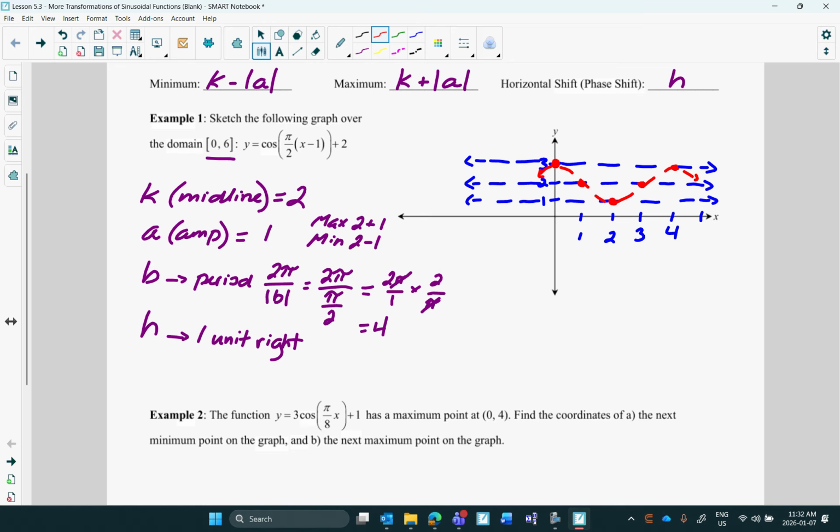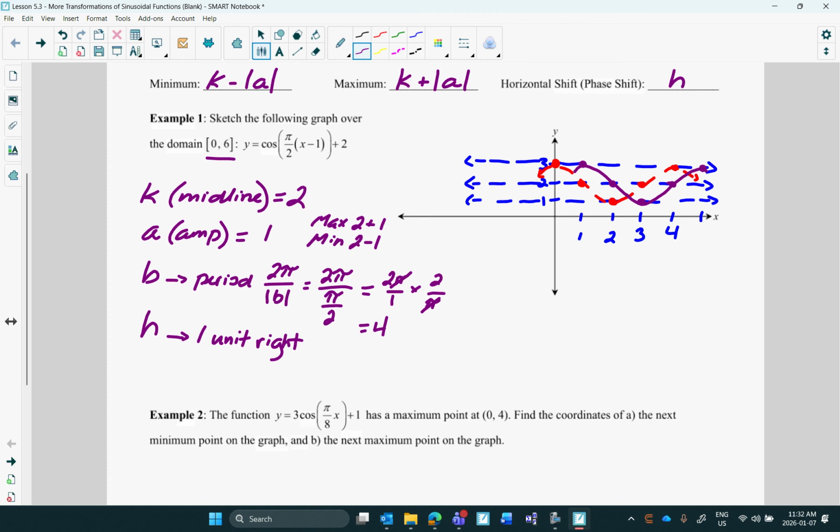But I now have to shift it right 1. So everything gets moved to the right 1. So this goes here, this goes here, this goes here, this goes here, this goes here. And then it looks like this. Now,